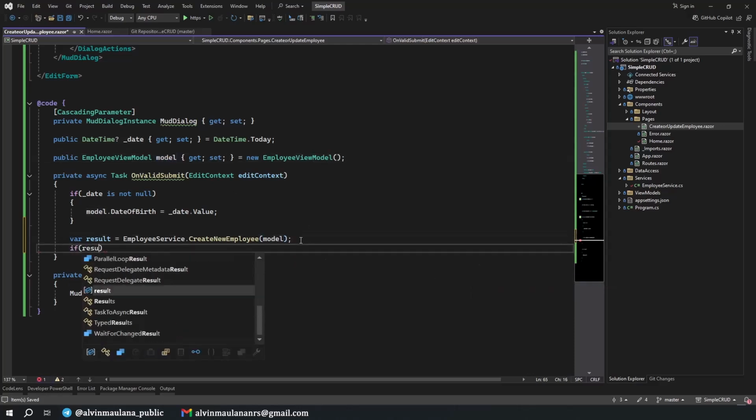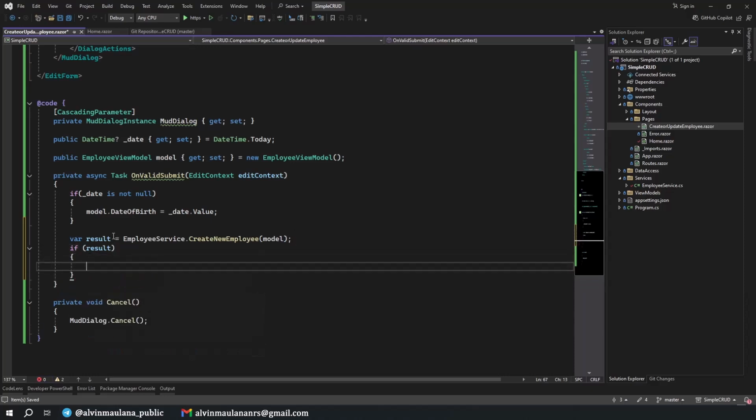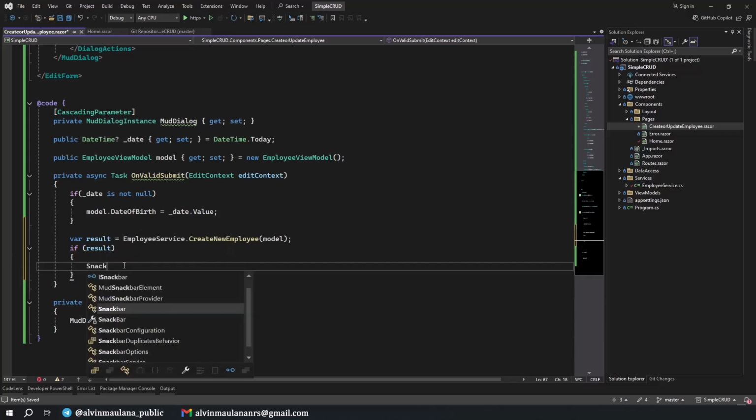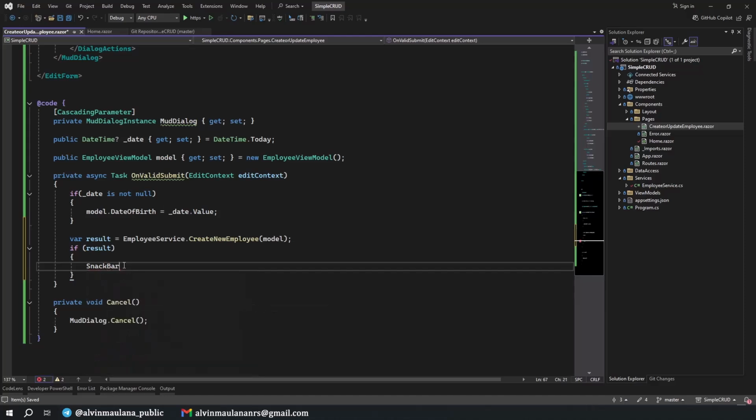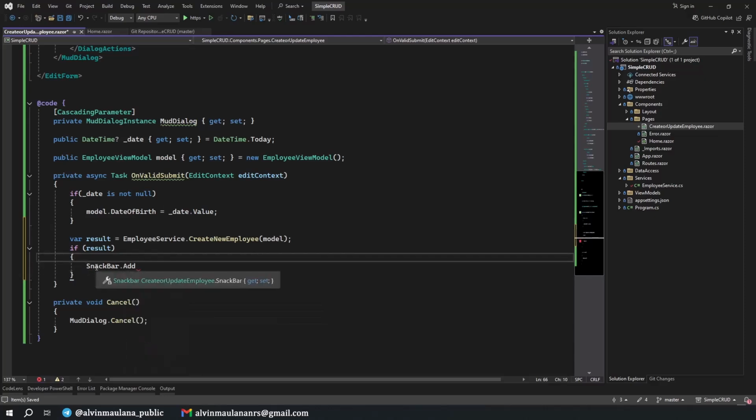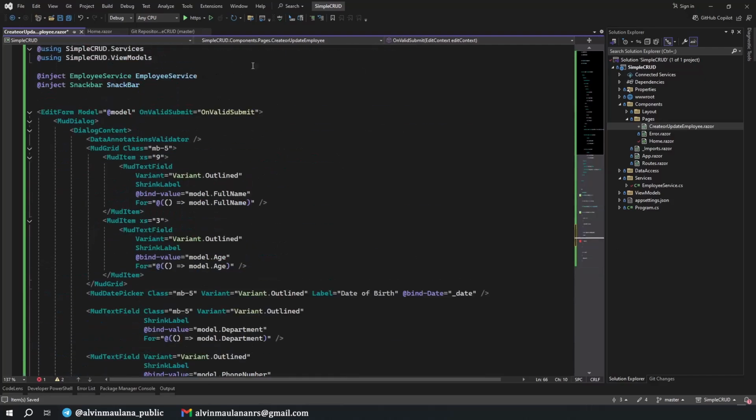And then if result is true, okay, this is boolean, so if true, it means created successfully, and we will have a snack bar. Why is it not having a snack bar? Okay, let me see.